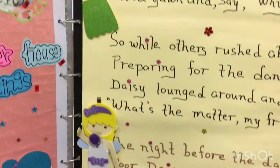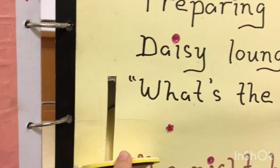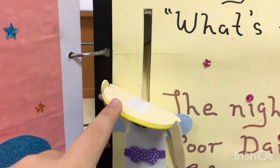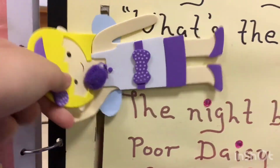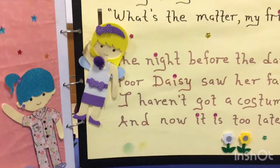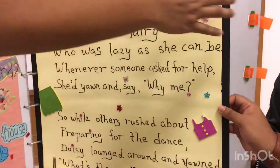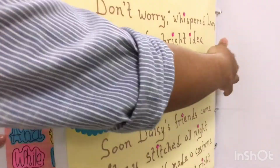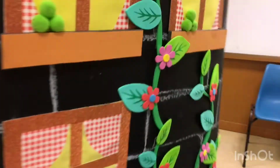And also the fairy uses the same mechanism as the cat, so it can move around just like this, and you can spin around. I don't know, it's a crazy fairy, I guess. Okay, and next part. So I think that is all for the poem. Okay, this is also the same. And then the back page, back cover,